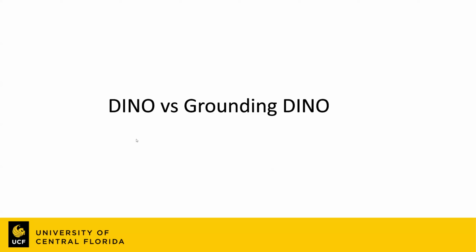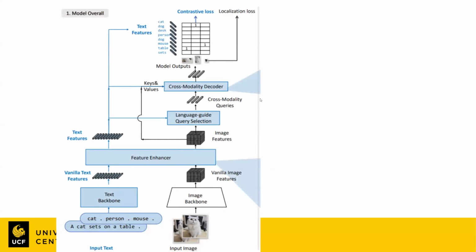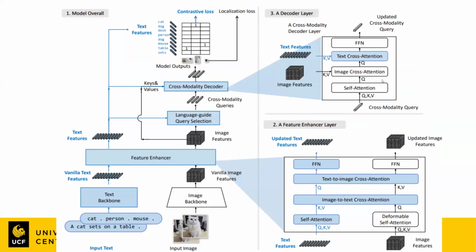Now let's see a comparison between DINO and Grounding DINO architectures. So this diagram shows the entire view of the Grounding DINO model, and this extends details of cross-modality decoder and feature enhancer. So in blue color, they have highlighted the newly added features in the Grounding DINO model, which is